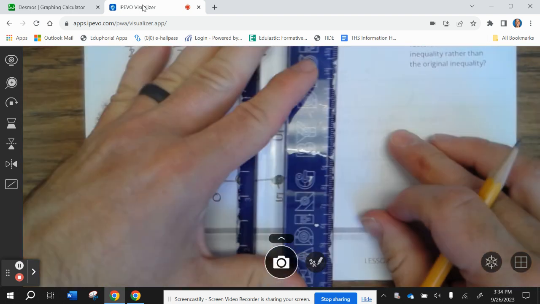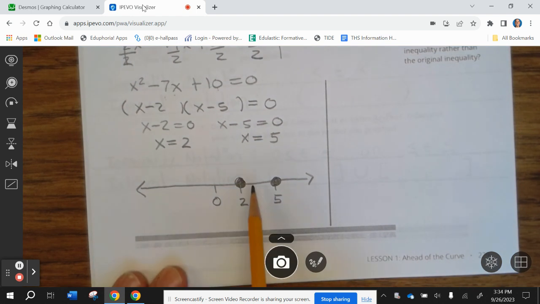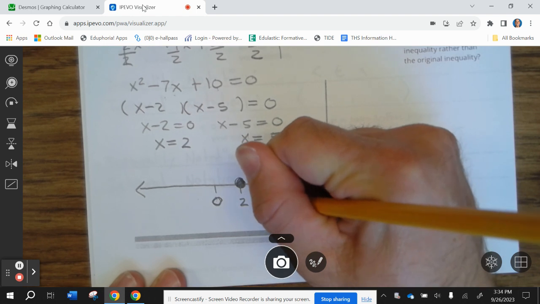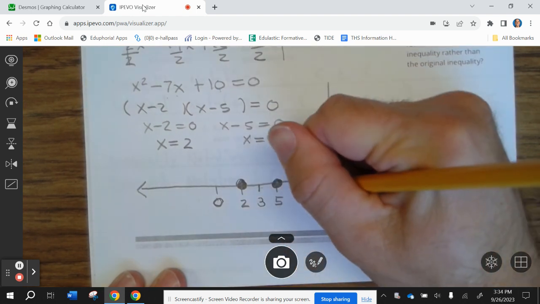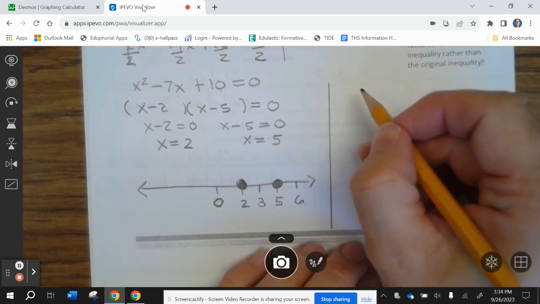Now we need to test values. We need to test a point to the left, middle, and right. So 0 is good. We can test 0. Let's use 3 in the middle, and then let's use 6. So we're going to test 0, 3, and 6. So let's test